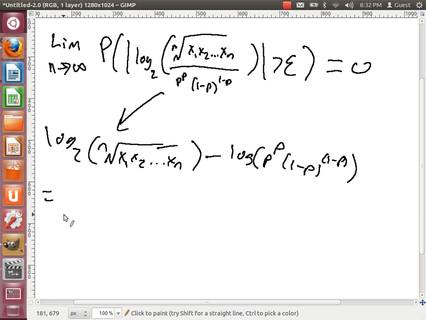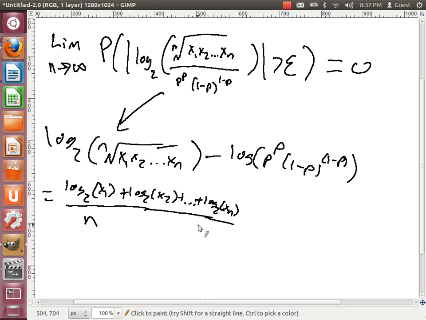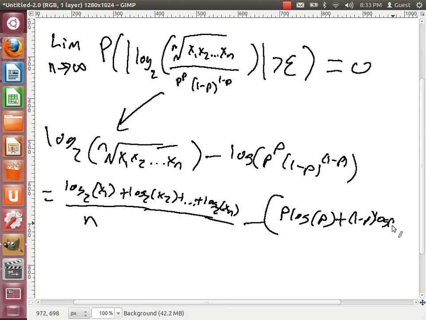On the left, this again I can rewrite. An nth root on the inside of a log turns into a division by n on the outside, and then the multiplication on the inside turns into addition on the outside. So we have log 2 of x1 plus log 2 of x2, etc., all the way through log 2 of xn, divided by n. So this whole thing is turned into an average of n different values, the average of the logs of x1 through xn. On the right, again using basic algebra for logs, this turns into p log p plus 1 minus p log 1 minus p,